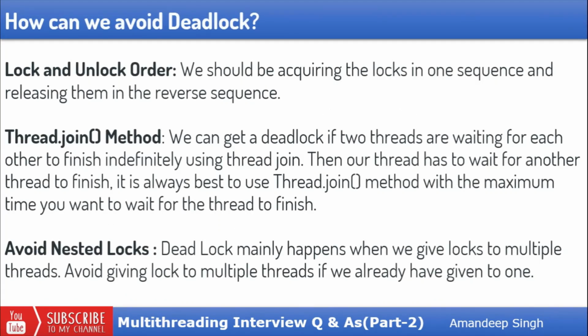The first one is lock and unlock order. So we should be acquiring the locks in sequence and releasing them in the reverse sequence. The second one is using the thread.join method. We can get a deadlock if two threads are waiting for each other to finish indefinitely using thread join. Then our thread has to wait for another thread to finish. It's always best to use the thread.join method with a maximum timeout as well, that you want to wait for